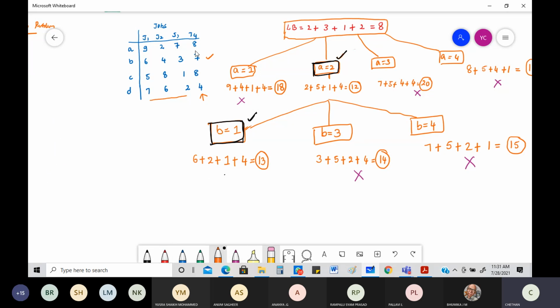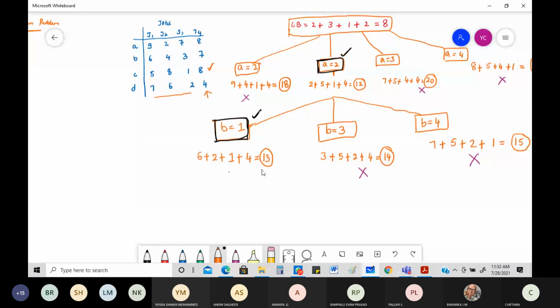So now the next thing is I need to figure out a thing with regard to C. We started with A, we did it. Then I started with B. Now I need to go with C. So I'll go with C now. I need to consider this row now. I told very clearly there are only 2 options for C. C will either be doing the third job, because the first job is already done by B and the second job is already done by A, or C will be doing the fourth job. That's all. 2 options are possible.